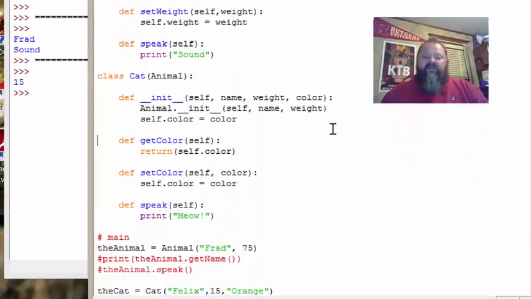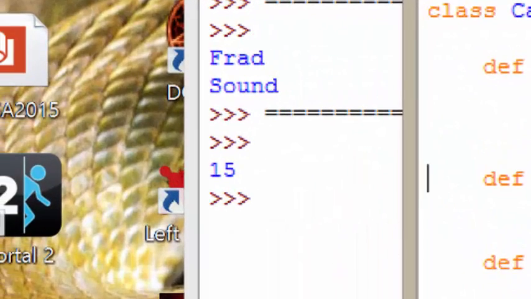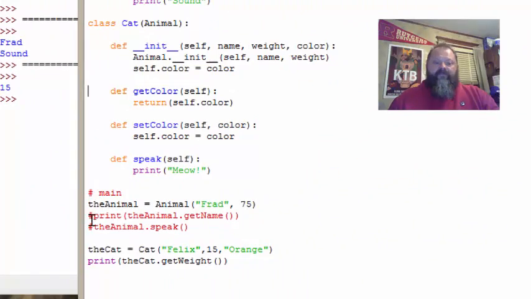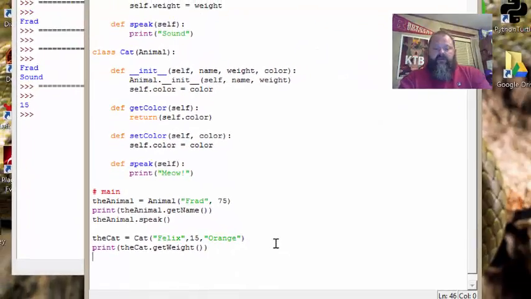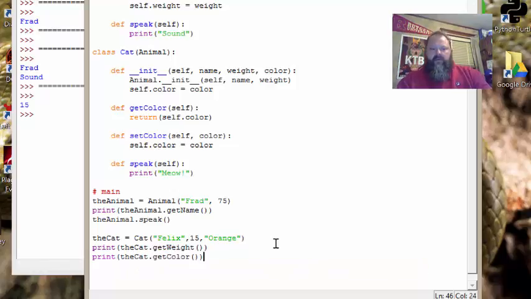So it's going to return 15 in here, and that's what gets printed. And that's what we see over here. Okay? Now, one other thing I'm going to do here is give you an example. If I were to just print the cat get color,